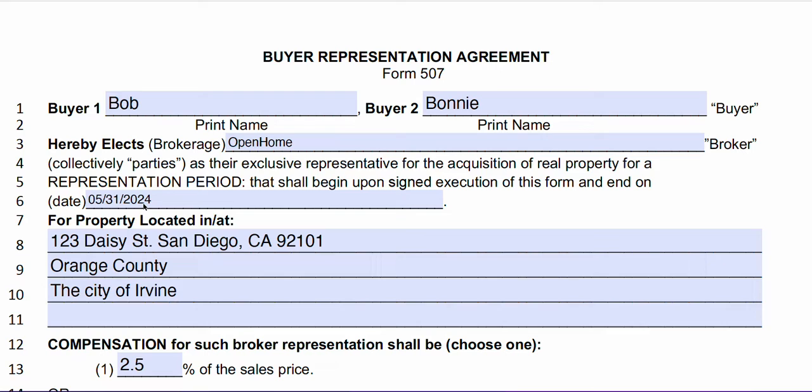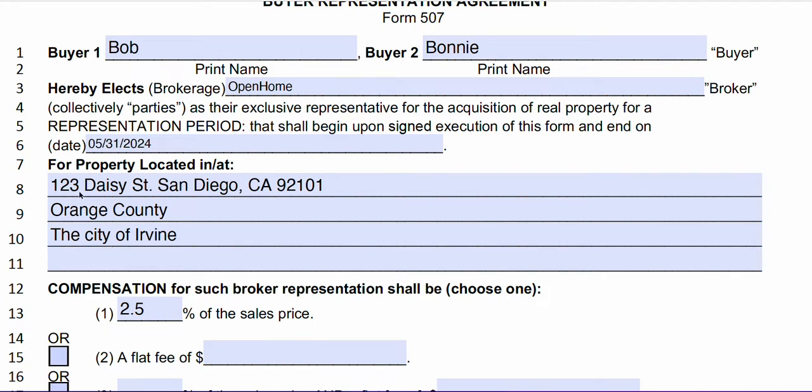It's very important that you have an expiration date of the representation period. If you leave this blank, this makes this form voidable. So you want to have an end to the representation period. Now, I've shown here 3 different ways that you can write the range of property that's going to be covered